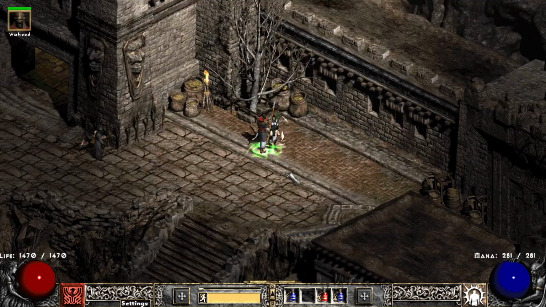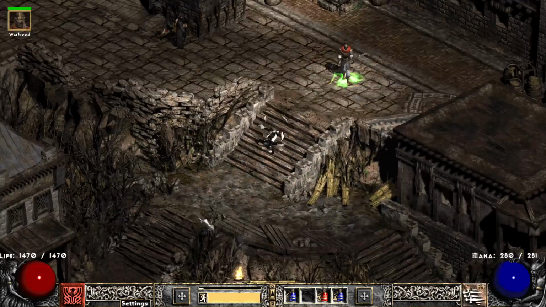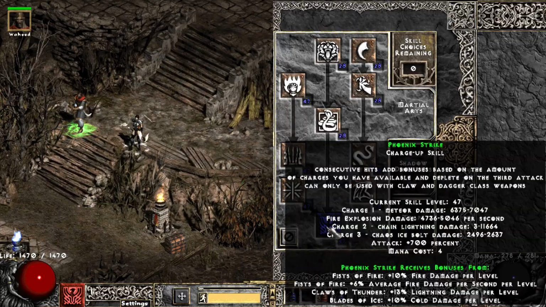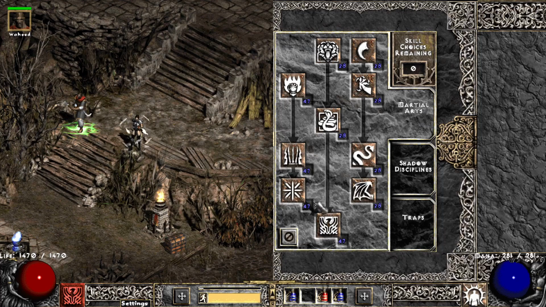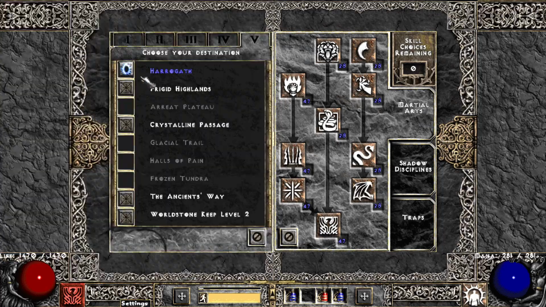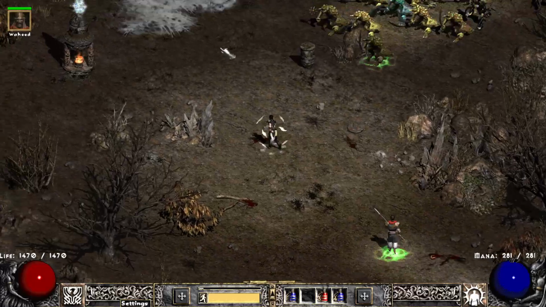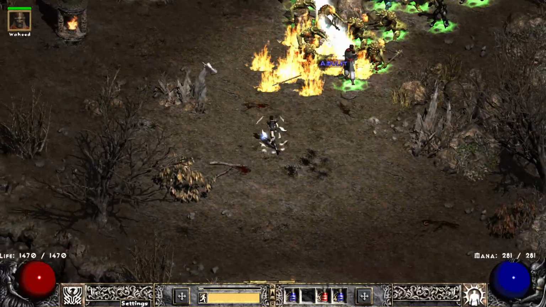So first things first, probably start off with explaining how the skill works. Phoenix Strike cycles through 3 elements, because it looks fancier over here. You have Meteor for charge 1, then you have this cool lightning effect for charge 2, and then you have Freezy Chaos Bolts, which is like a frost orb, but only the little shards. So you go 1 for Meteor,